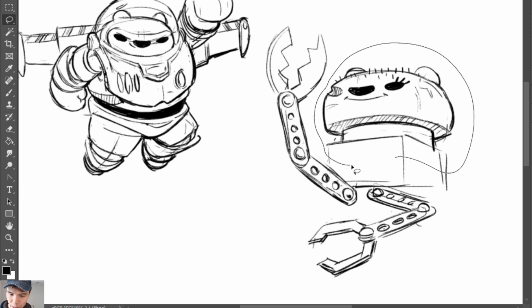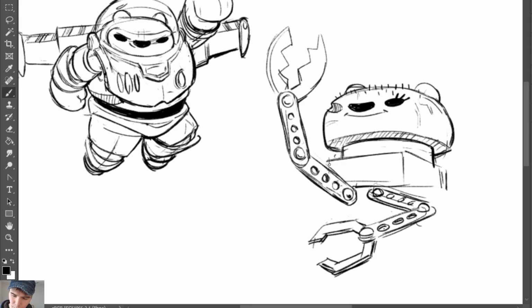I think I could probably make this feel a little bit shorter like that. And then we can just add these circular holes that were part of the... like so.